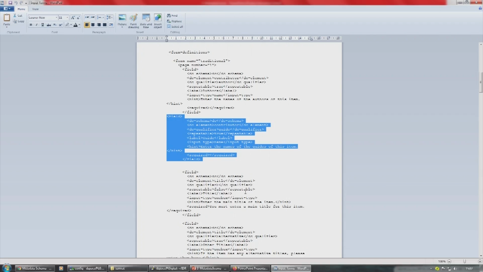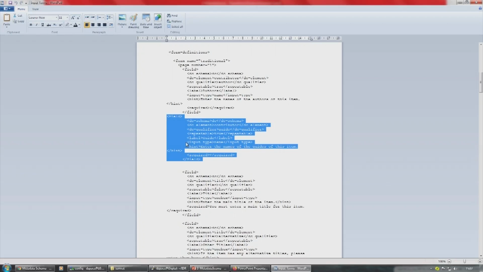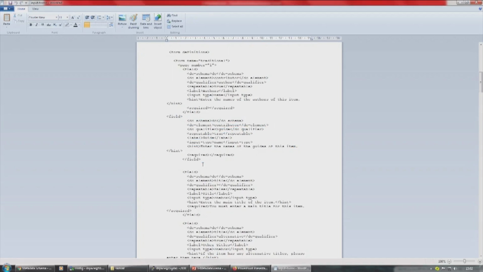Again, please notice that there is a field tag. In the field tag there is DC schema, DC element, DC qualifier, repeatable, label, input type, hint and then required, and then field slash field. So this is the field to field tag. Please copy the whole thing because we do not need to type it,